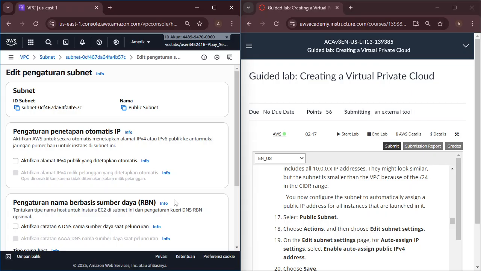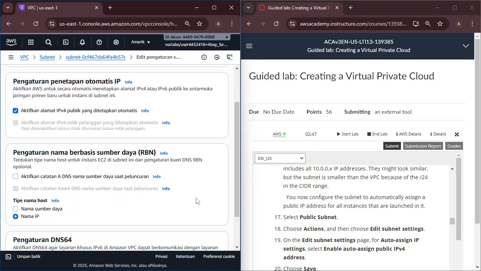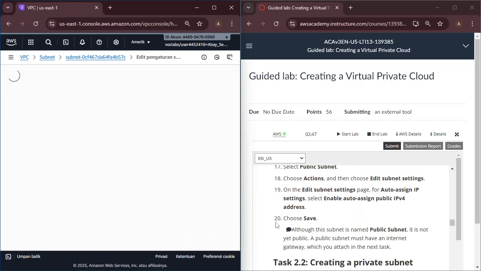On the additional page for auto-assign IP, select Enable auto-assign public IPv4 address and choose Save.